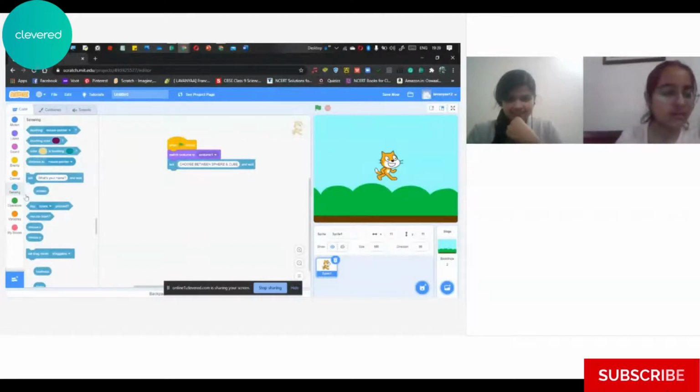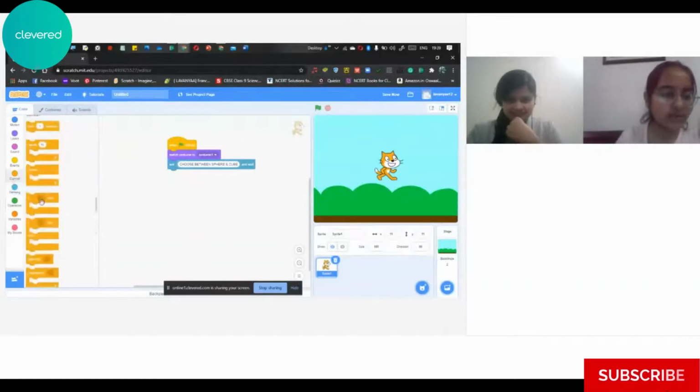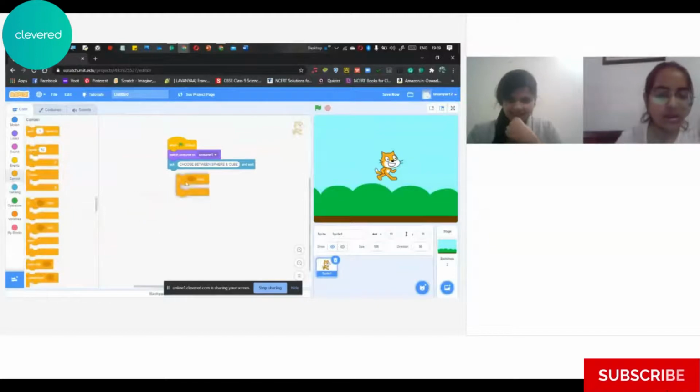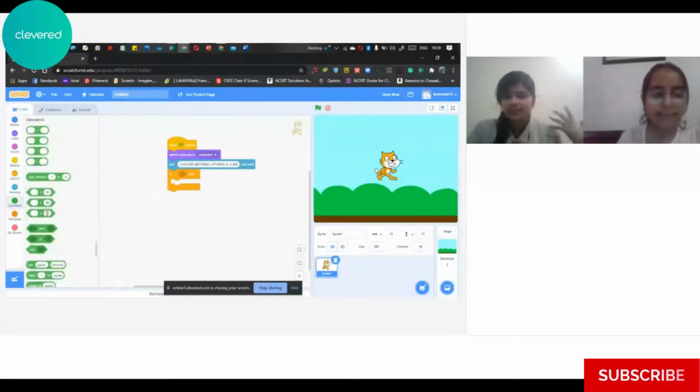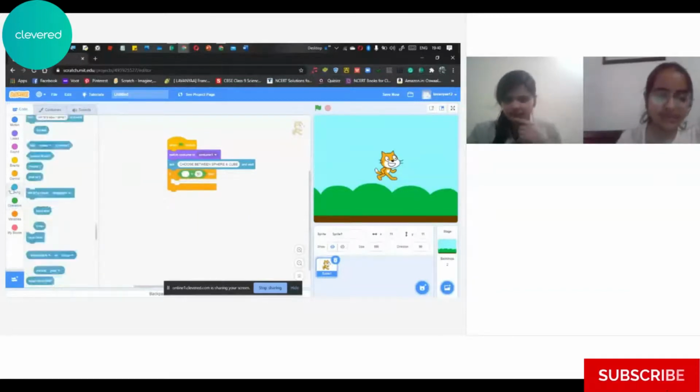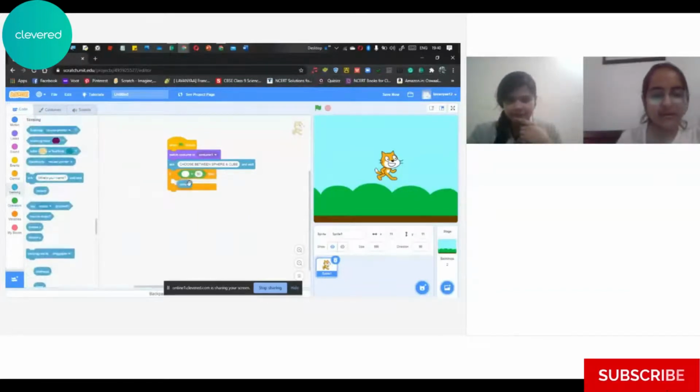Then comes the conditional block, if then. Yes. So here we will be using if then, not if then else, because this project is only for 2 shapes, but we can go with as many shapes as we want, right? With every increase of shape, we have to give one if then block. Okay, perfect. Here we will add the answer is equal to sphere.